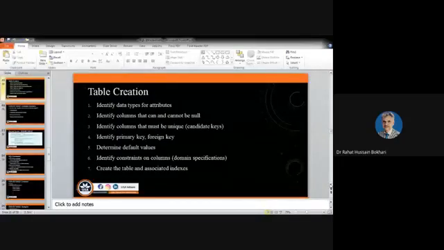In the very beginning, you have to identify data types for the attributes. And at the outset, you have to define the name of the table. The name of the table should be in a way that if another person goes through that documentation, they know what sort of information or data should be within that table. Let's suppose the name of the table is customer.